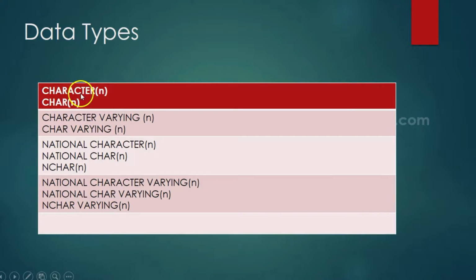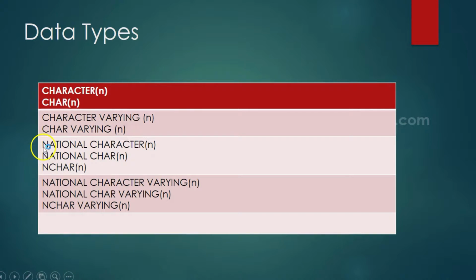the character. Character is the name of the data type, and N indicates the size of the data item. Also char, where N indicates the size. Character varying N indicates a variable length character. Similarly, you have char varying N. National character